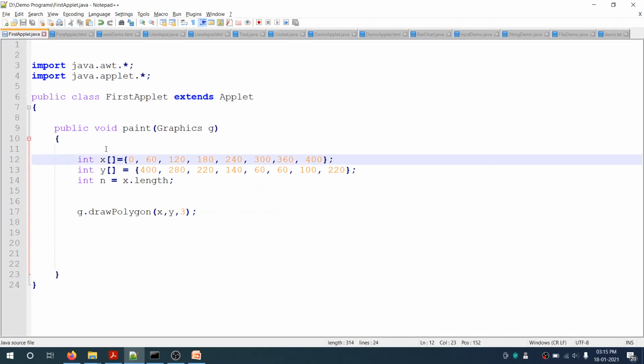Okay, so this is our program. We have x coordinate values, y coordinate values, then the number of points and the method g.drawPolygon. So let us compile this.